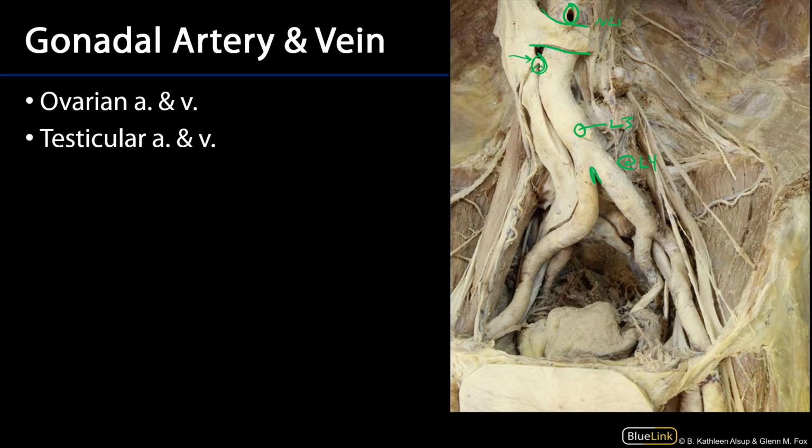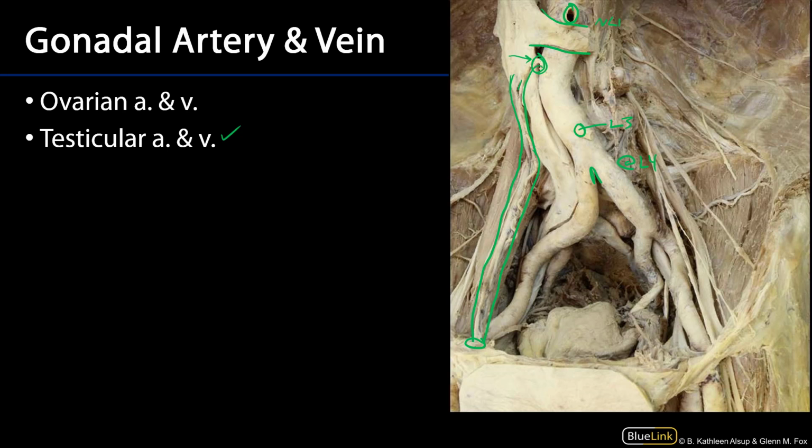Now that artery we can trace down, it's crossing over the IVC there. We can also see the gonadal vein going into the IVC there. So these gonadal vessels are traveling down, and we can see them moving more laterally here. So they're going toward the deep inguinal ring. So that's the beginning of the inguinal canal, and that's how we would positively identify those as the testicular artery